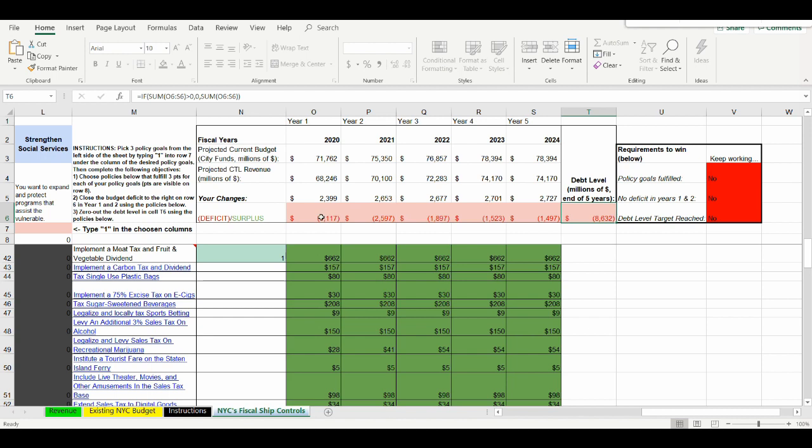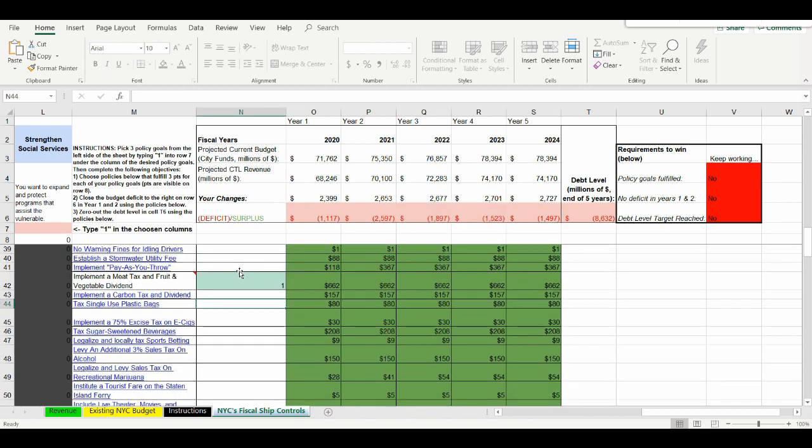So another goal is that although we don't need to have a balanced budget in year 3, 4, or 5, what we do need to do is end up with a debt level of 0 by the end, which means that we either need to have all of these enter into at least 0 territory or surplus territory, or we need to have the surpluses in year 1 and 2, because those are the only 2 years you need to close the deficit on to win. You need to have these surpluses be so large that they offset the other deficits in the rest of the years. And of course, all this is achieved by changing what type of policies you want, by adding and subtracting policies,